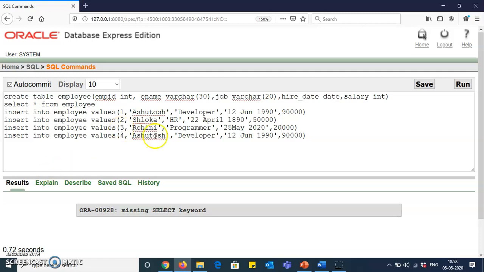Okay. Now the last insert: suppose I keep her as developer, 21 April, change the year to 80, and salary.